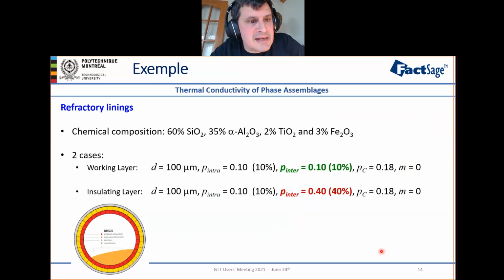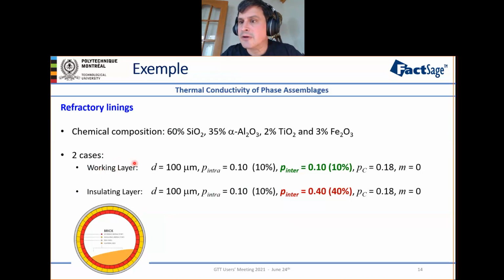So as an example, we will take a refractory lining. On the 488 compounds which we evaluated, there are many oxides. So we'll have a refractory lining composed of 60% silica, some corundum, and impurities of rutile and hematite. And what I want to highlight here is we will use the Equilibre output with 2 different microstructures, one involving